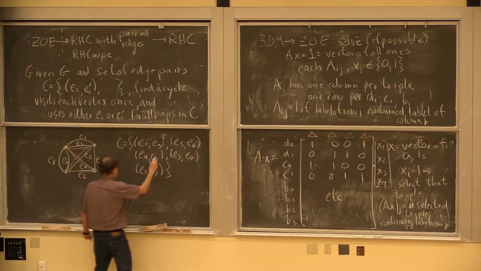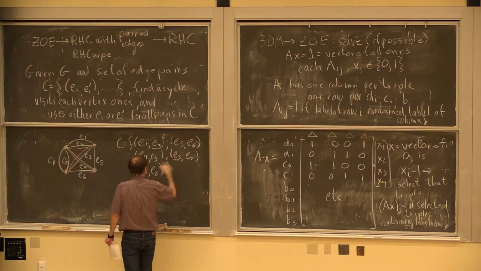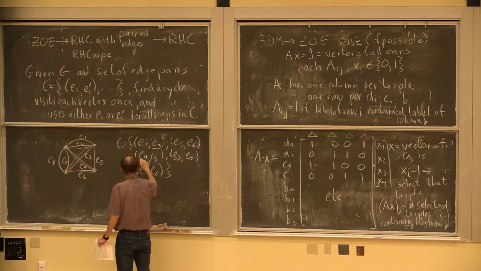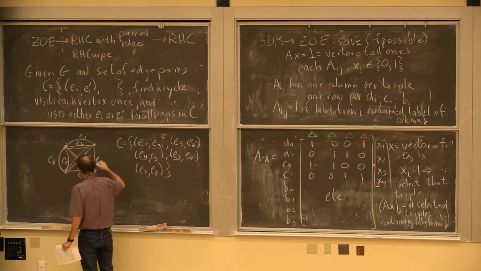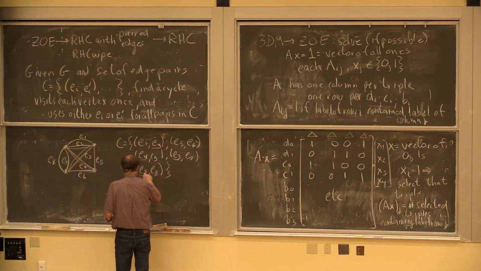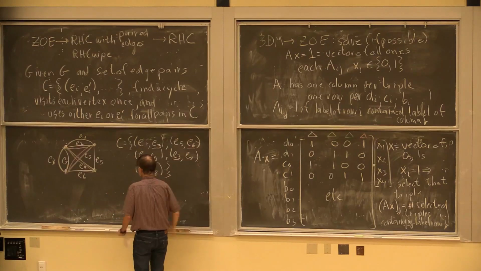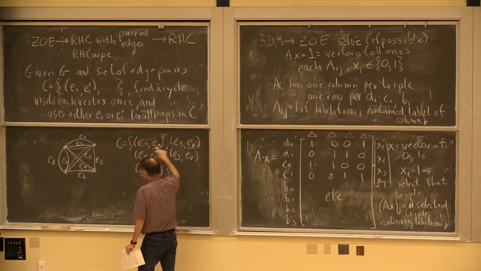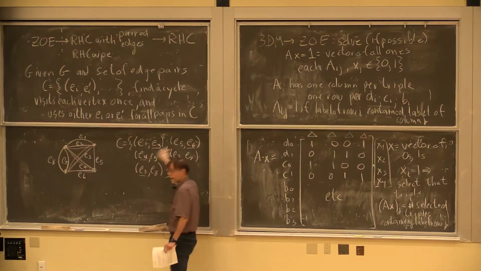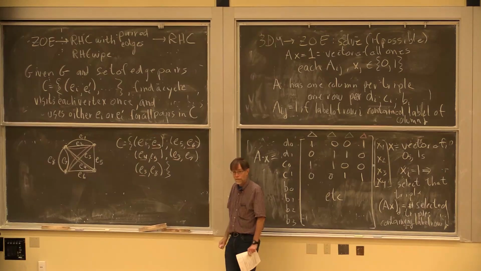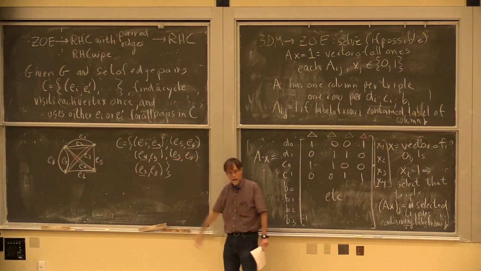So I've used E3. I've used E4. I've used E2. That doesn't appear. No big deal. I've used E6. Oh, there's E3. And I've used E6. But I haven't used 5, 1, 5, 7, or 8. So that satisfies the problem. And that's the unique cycle that visits everybody and uses exactly one of those.